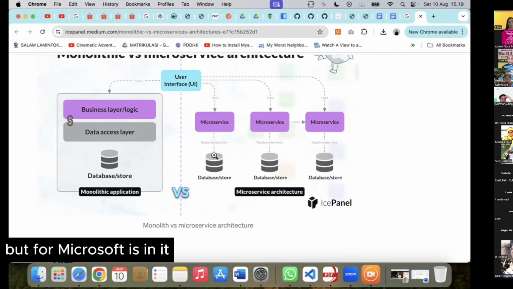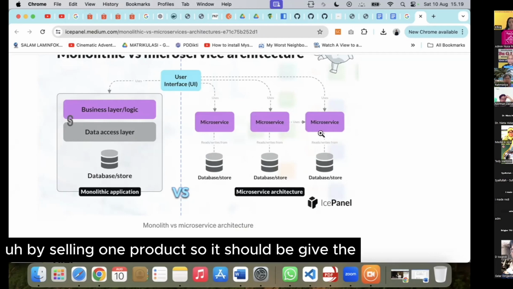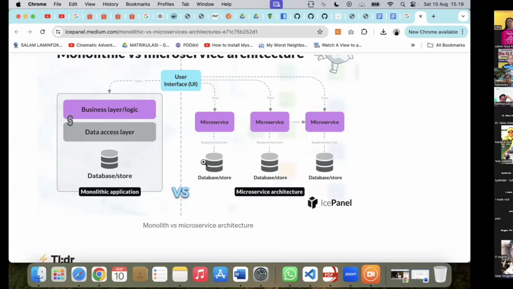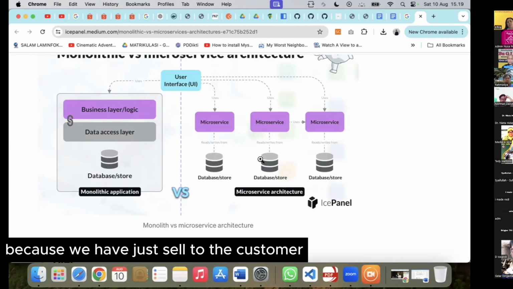But for microservices, if for example a transaction sells one product, it should give a message here to reduce the stock number of the product, because we have just sold it to the customer.